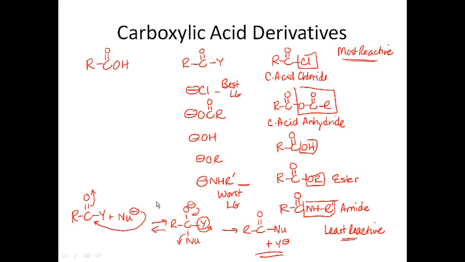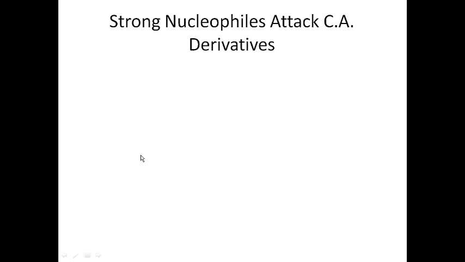And if you go back, and I'll remind you of this, we've already seen many of these reactions occur, particularly when the nucleophile was either an R- in the case of a Grignard or an organolithium compound, or an H- if it came from sodium or lithium borohydride. So now let's talk a little bit about how strong nucleophiles attack the carboxylic acid derivatives. Well, to be honest with you, I just did that mechanism, and we've done this mechanism before. If I react this with a strong negatively charged nucleophile, like R- or H-, and those are the two that we've used the most,